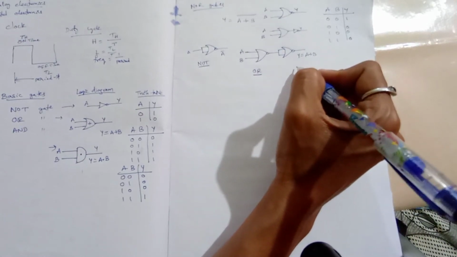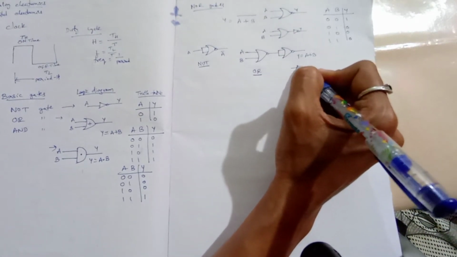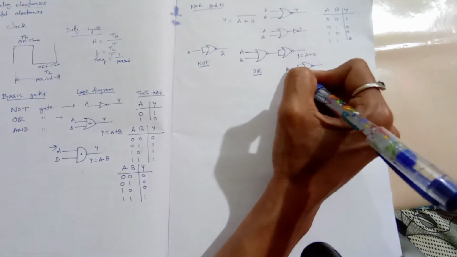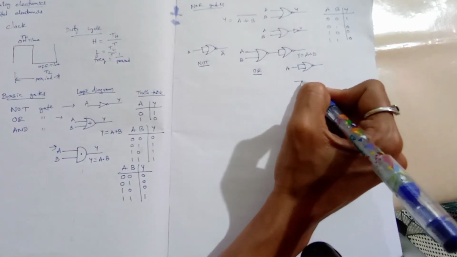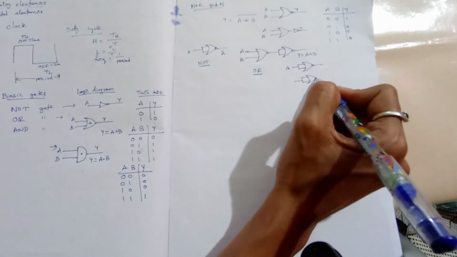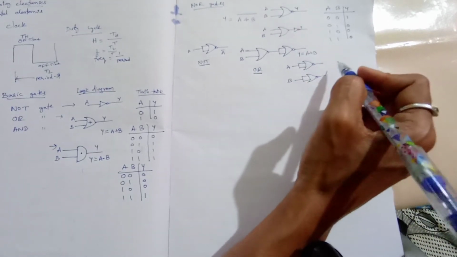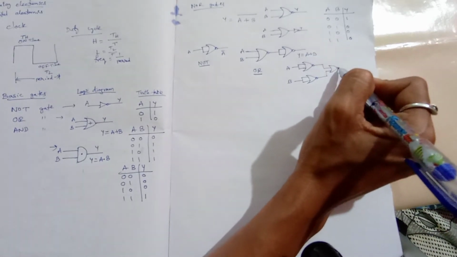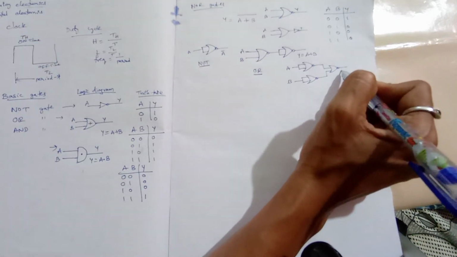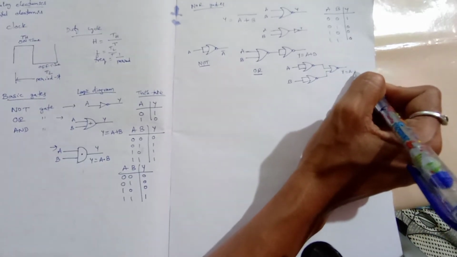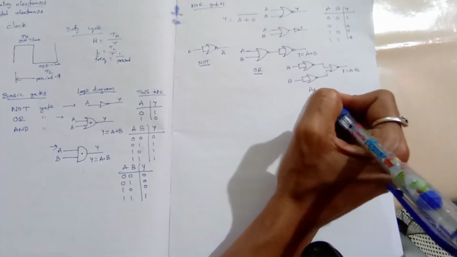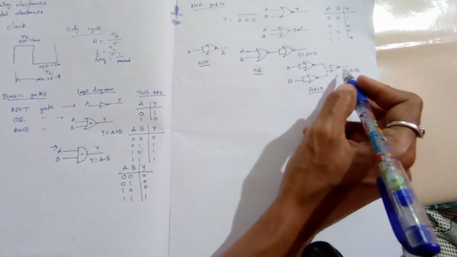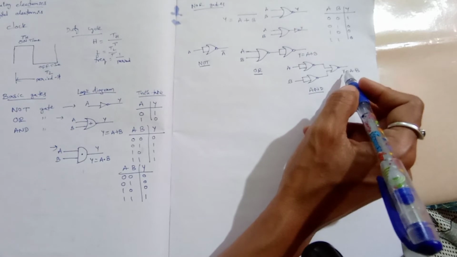Now, we'll check for AND. A inverted input, B, and these two are again connected for NOR gate. So now this becomes output Y is equal to A dot B. That is checking for AND gate. What is the AND gate? If both the inputs are 1, only then Y becomes, that is output becomes 1.